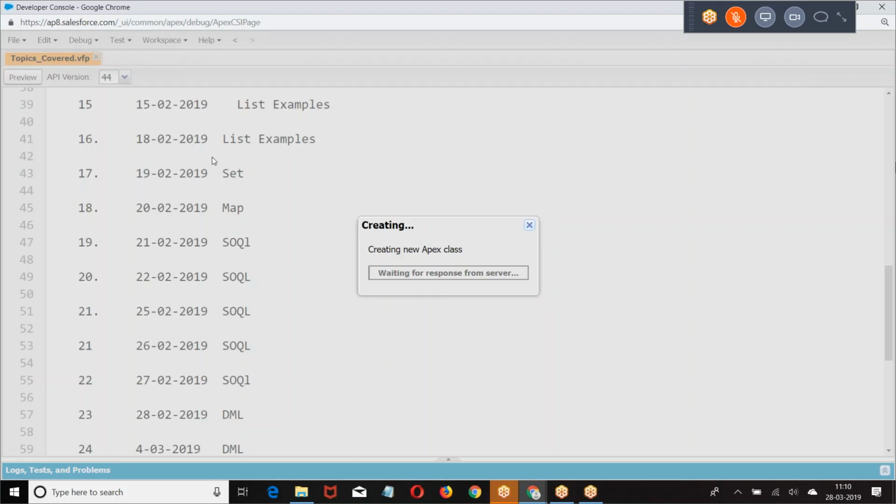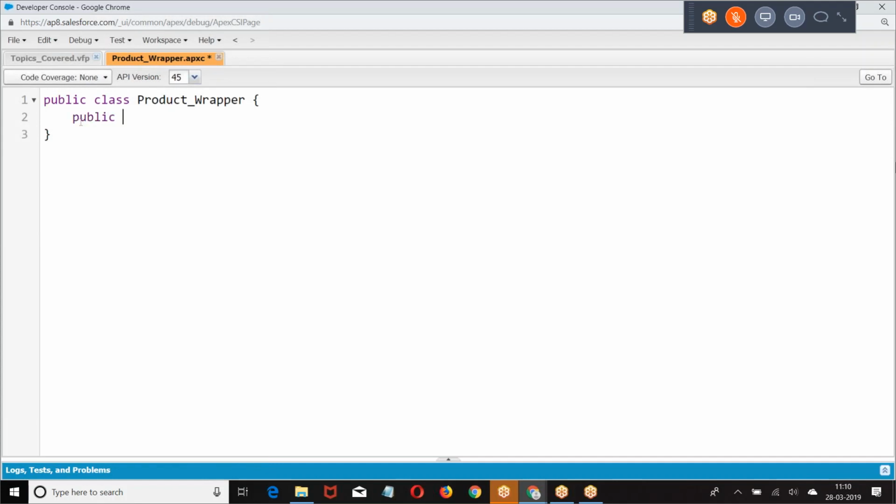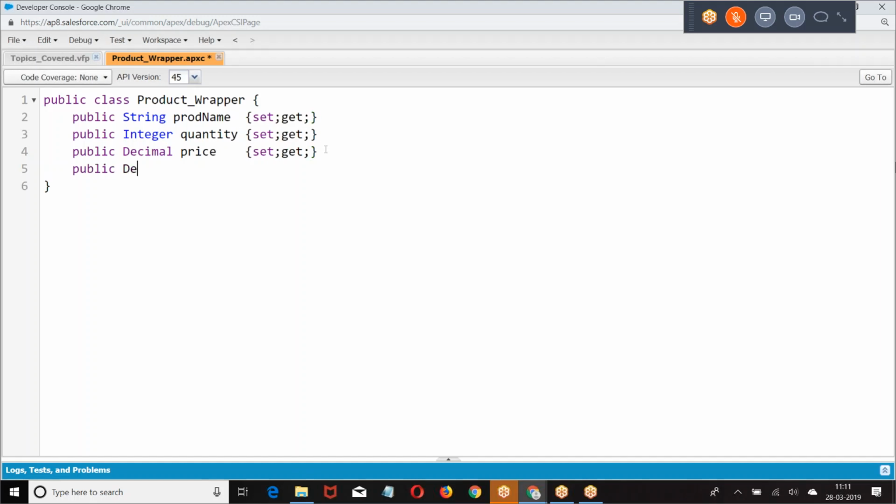Product wrapper. Public string. This is the product wrapper.